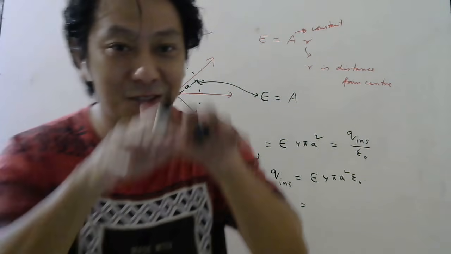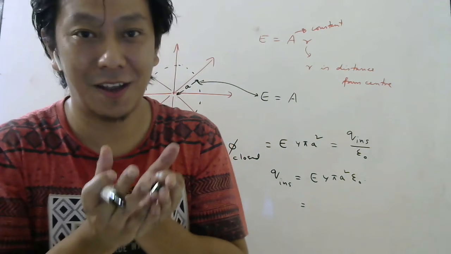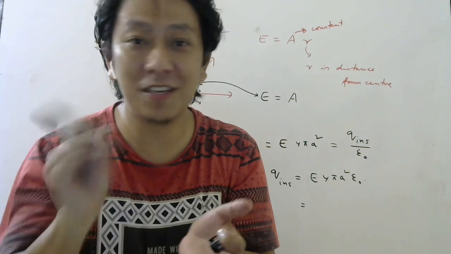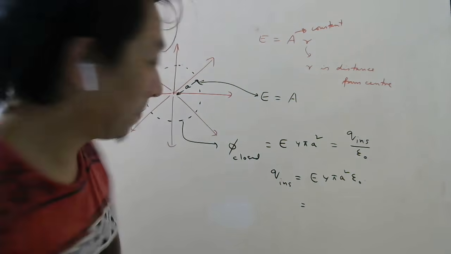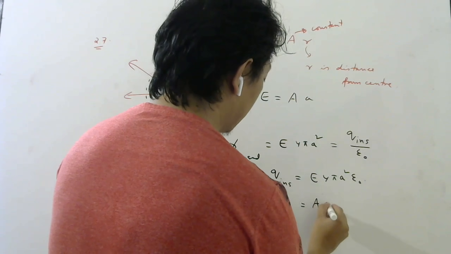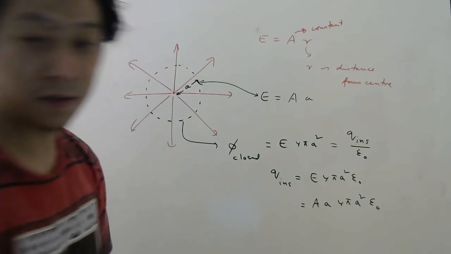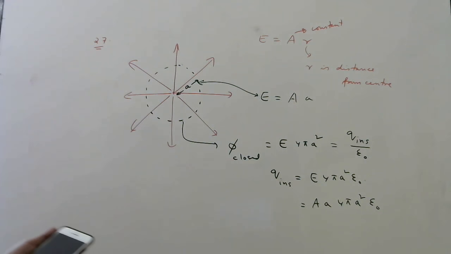So when you want charge through a closed surface, what you do? Calculate flux through the closed surface. According to Gauss law, those two are related. Flux through a closed surface is equal to charge inside the closed surface divided by epsilon naught. So E will be A into small a. So A into small a, 4 pi a square epsilon naught. So then it will become A a cube. A into a square will be a cube. Which will be the right option? Option C.